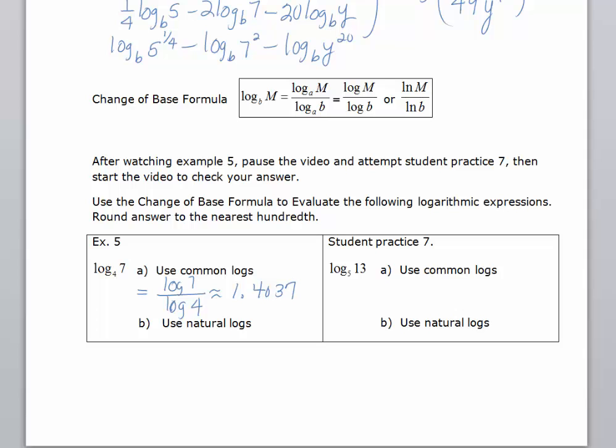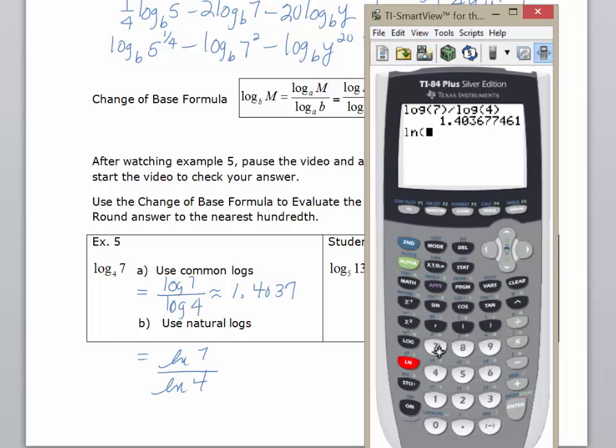And now we'll do the same thing using natural logs. So it would be the natural log of 7 over the natural log of 4. We'll type this in our calculator. Natural log of 7 divided by the natural log of 4. All right. And so you get the same exact answer